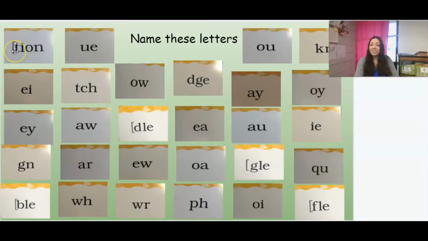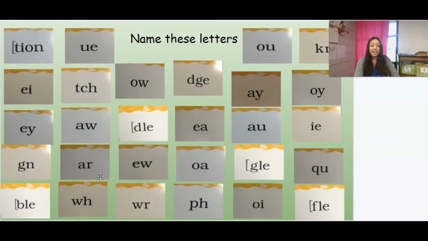So we have final syllable TION, digraph UE, diphthong OU, ghost, digraph KN, digraph EI, trigraph TCH, digraph or diphthong OW, trigraph DGE, digraph AY, diphthong OY, digraph EY, digraph AW, final syllable DLE, digraph EA, digraph AU, digraph IE, ghost, digraph GN,